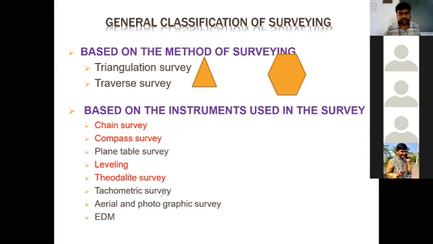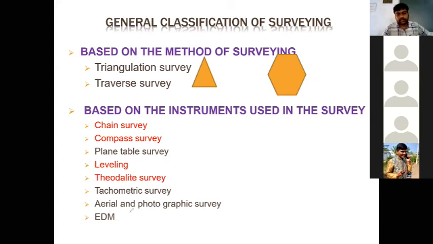Next, coming to tachymetric survey. In the tachymetric survey, inside this telescope we have crosshairs. With the help of those crosshairs, we can measure the horizontal distance without moving from that point to where the object is located. So we can get the distance between two points with the theodolite, by observation with crosshairs. That crosshairs also I will explain in the coming class.